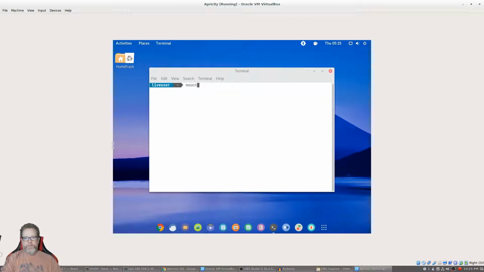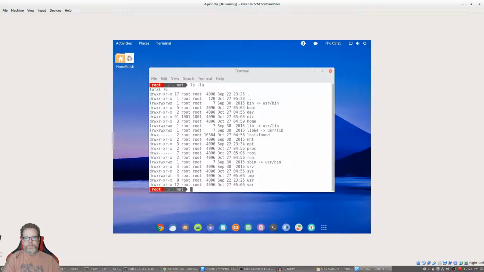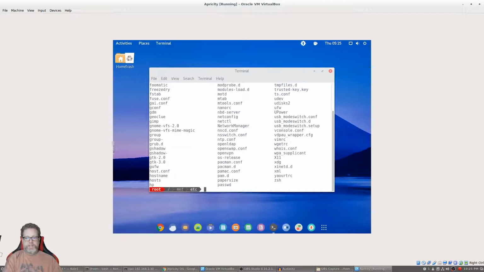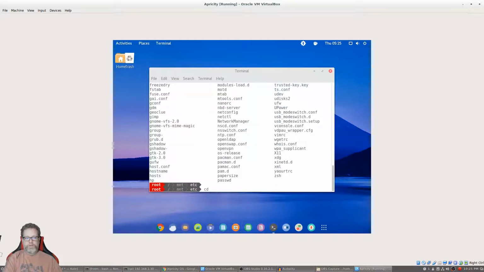So now we got to do mount. Oh wait, we got to become root. Sudo su. Okay, no password required. Mount /dev/sda1. That's the first partition on the sda drive. We'll just put it in the mount location. So now we cd /mnt, and this is basically our installed directories, our root, our slash directory on the system we just installed. So we can go into etc, and then we go into gdm,